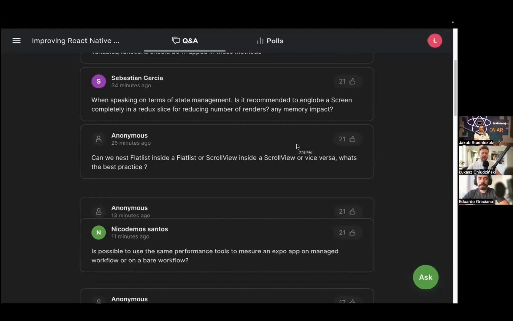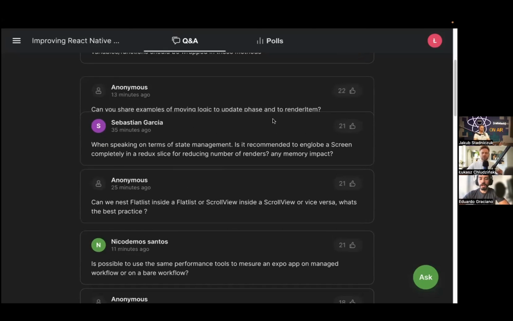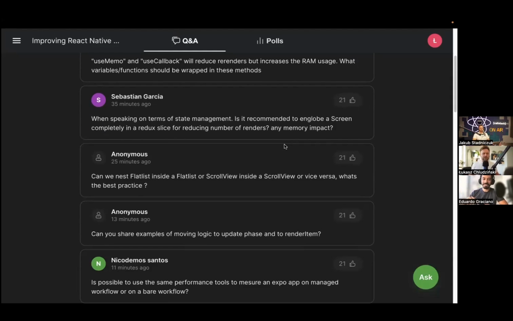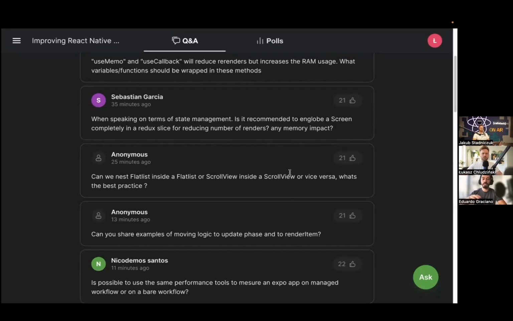I'm not sure if I understand the question. Could be like wrapping the whole app or just a screen into a Redux slice. I will assume that. If you want, I can try to answer something. Try to give us some context at least, because there are some typos here and I don't know what exactly the question is. Okay, probably screen only will depend on the screen, because, for example, you can have a